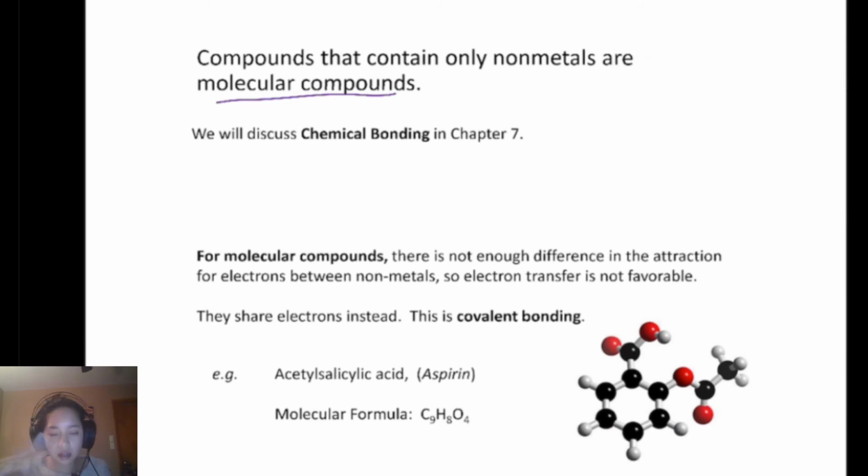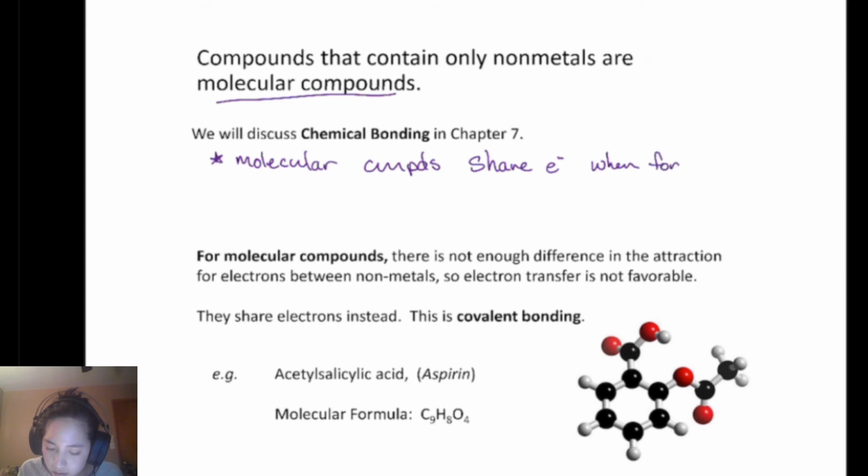We'll discuss chemical bonding and dive deeper into the different bonding descriptions for ionic compounds versus molecular compounds, but let's just recap. Molecular compounds share electrons when formed. Remember, molecular compounds are between nonmetals,